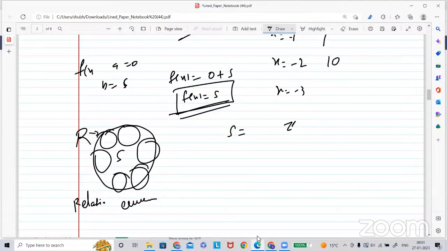Two elements of this set are related to each other if, when you are dividing, just a minute, sorry, two elements are related when both are even, no, the relation should be, for example,